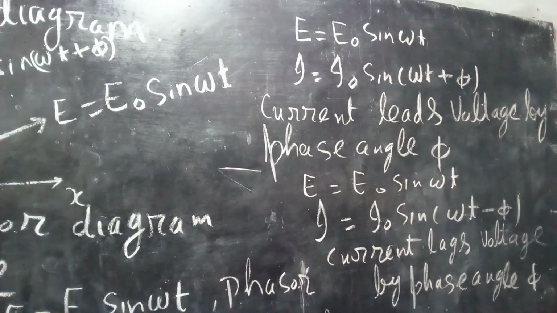After this, we study behavior of current and voltage, which is not the same in all circuits. What is the behavior of alternating current in a pure ohmic resistance, in pure inductance, in pure capacitance, or in combinations of these, RL, RC, LC, or the combination of three, RLC? We study this in the next class.